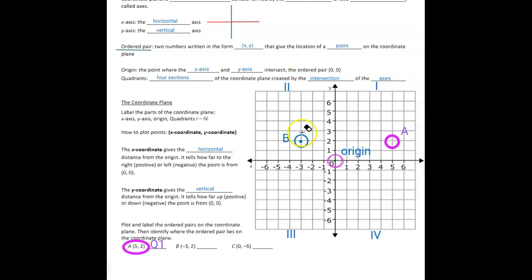And I am going to erase our bigger dot because we don't want the big circles. We want to be able to read where our point is. So we're just going to clean that up a little. Okay, our final